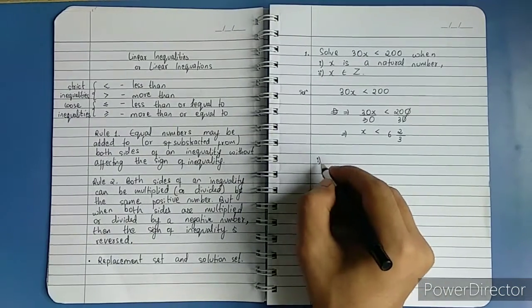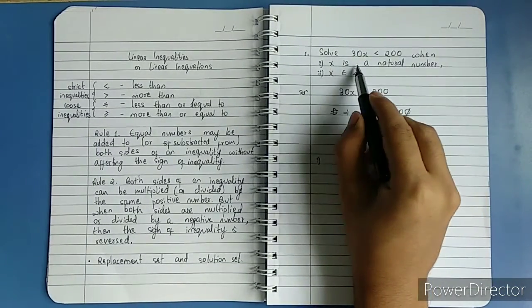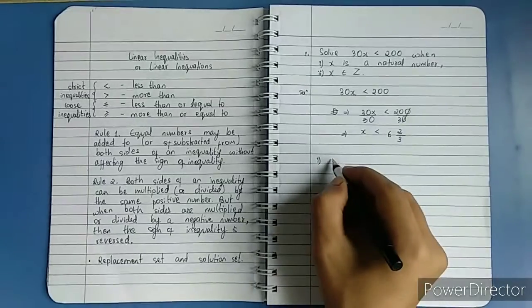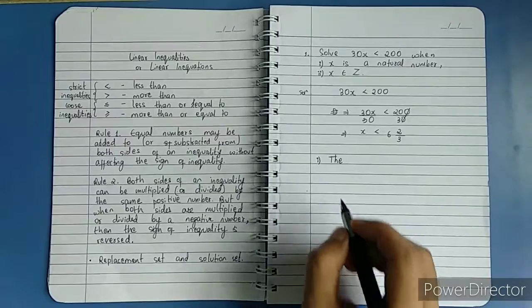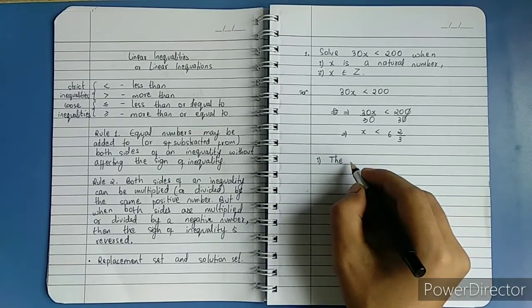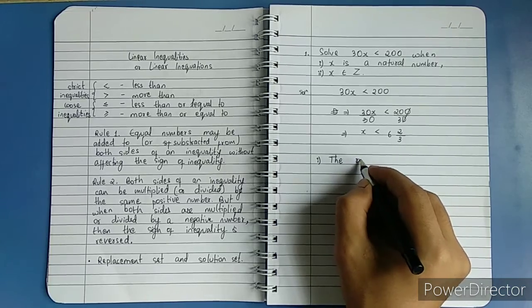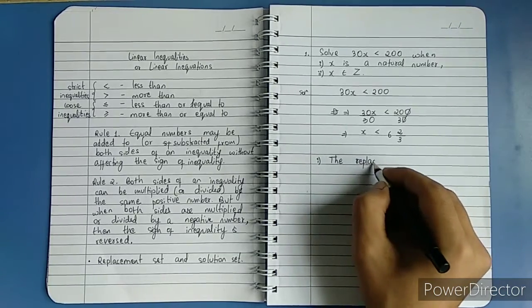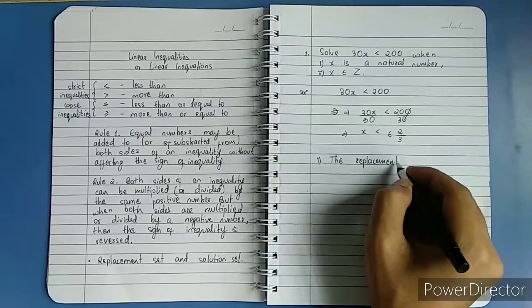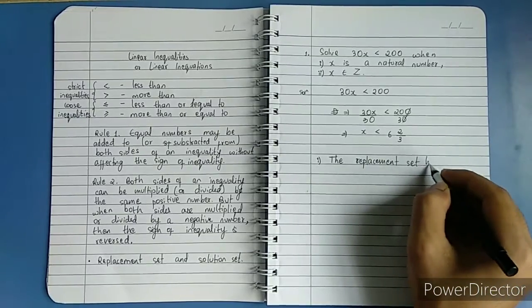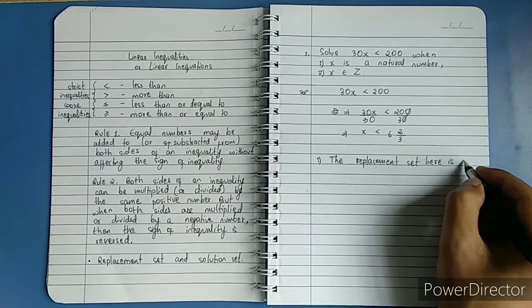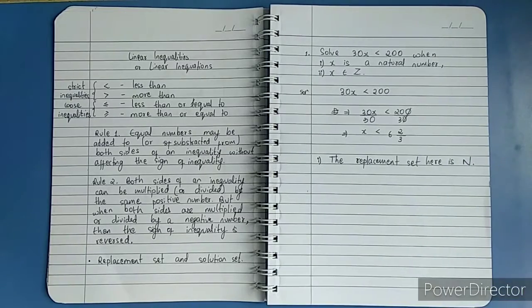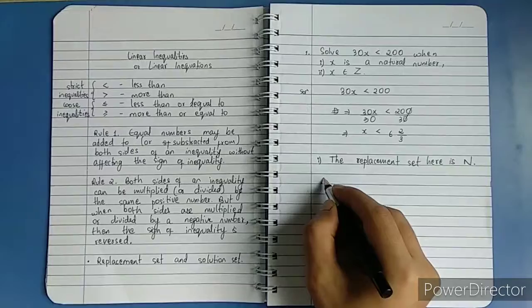So first part, when it is given in the question that x is a natural number, the set that we need to replace with, what set is given, is called the replacement set. The replacement set here is N. N denotes the set of natural numbers. Therefore,